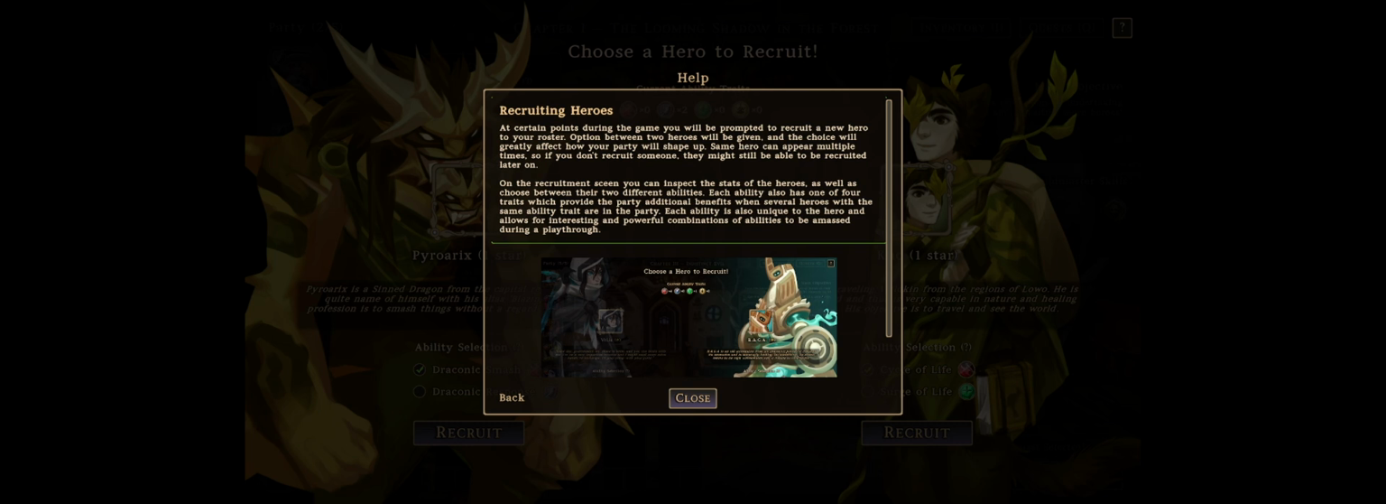Option between 2 heroes will be given, and the choice will greatly affect how your party will shape up. Same hero can appear multiple times, so if you don't recruit someone, they might still be able to be recruited later on. On the recruitment scene you can inspect the stats of the heroes, as well as choose between their 2 different abilities. Each ability also has 1 of 4 traits which provide the party additional benefits when several heroes with the same ability trait are in the party. Each ability is also unique to the hero and allows for interesting and powerful combinations of abilities to be amassed